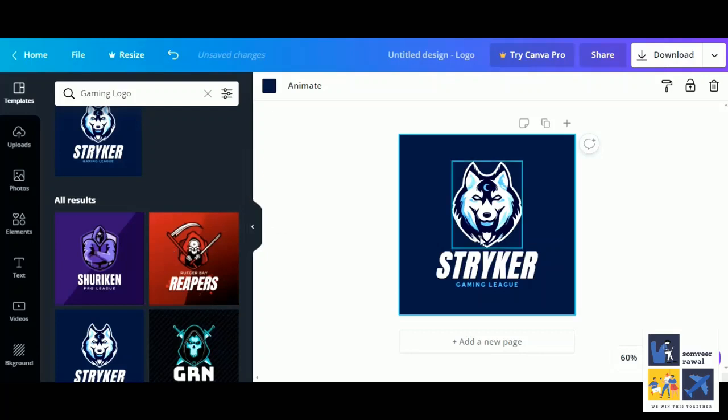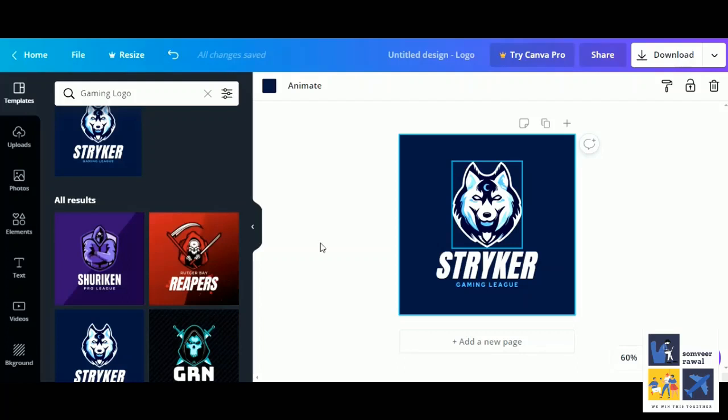now I can change the colors, fonts according to my needs. Now do some changes to the template as per your requirement. Make the logo consistent with the brand colors. If you still haven't finalized your brand colors, I suggest you do it right now. Choose your brand colors carefully. They should define the meaning and the values of a brand. Develop a set of colors that can be recognizable with your brand. You don't need to add many colors. Facebook, for example, uses just one color for its whole business.